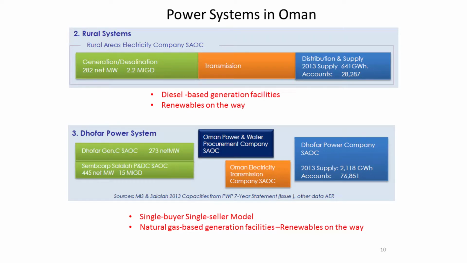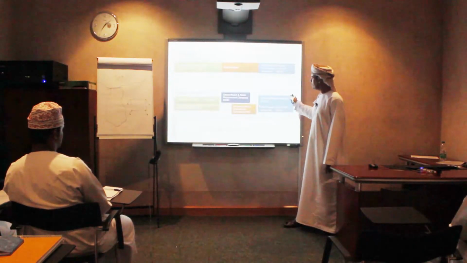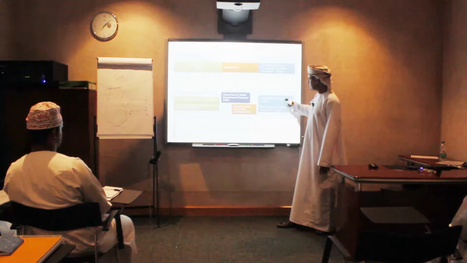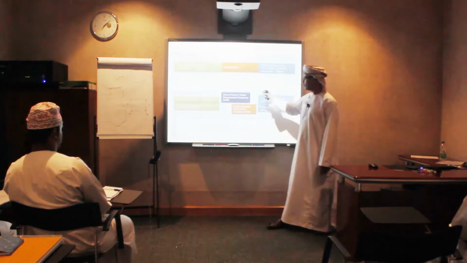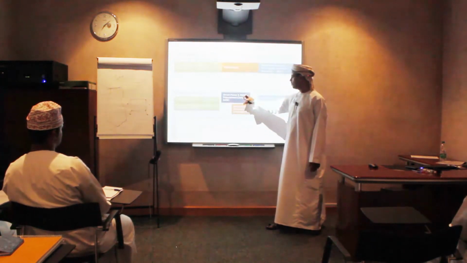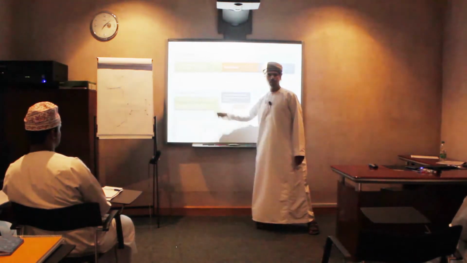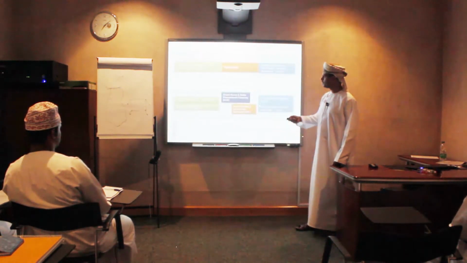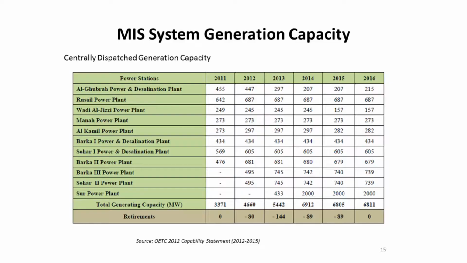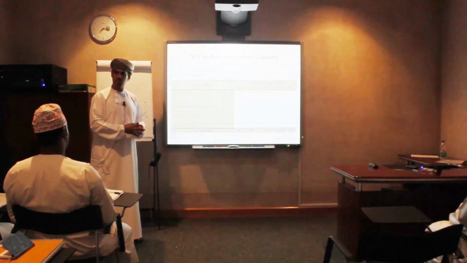So what will happen to the electricity? Electricity will come from generation facilities, go to the transmission system, then to the distribution, and then to you or to us. Money will go the other way around. The distribution company will collect money from customers, and then they will pay OPWP, and then OPWP will pay the generation facilities. It's a single buyer model, with natural gas facilities connected. And you can see some capacities that we have,